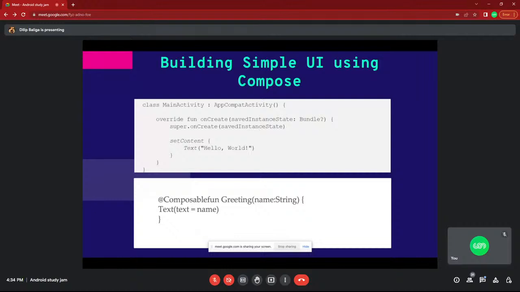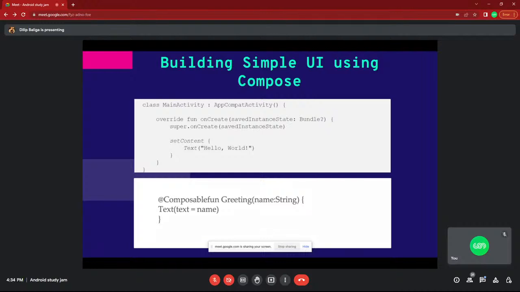There are many other advantages compared to other approaches. Compose keeps UI and data in sync. For example, if data is updated on the server side, your UI is supposed to update. Synchronization between UI and data is very easy when you use Compose. That is the main advantage of using Compose.